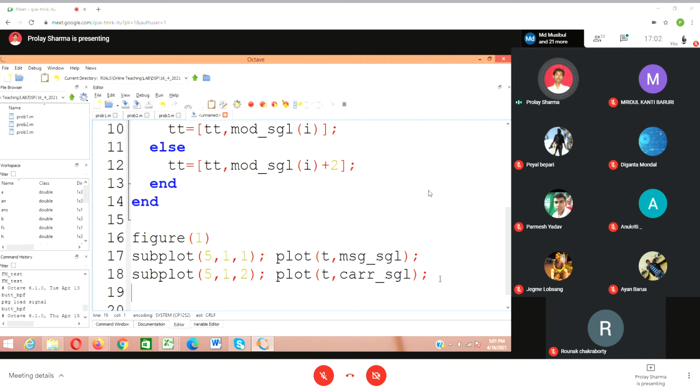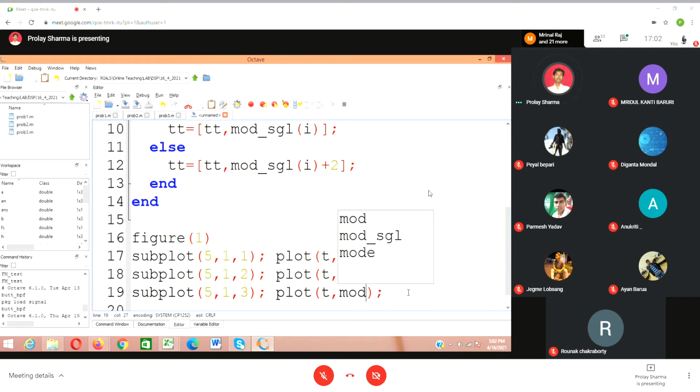Third plot will be the PAM modulated signal. Fourth plot will be